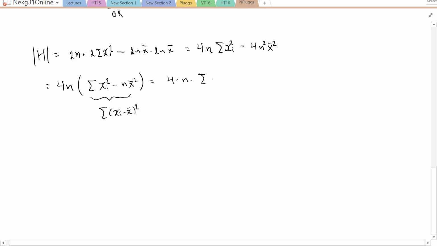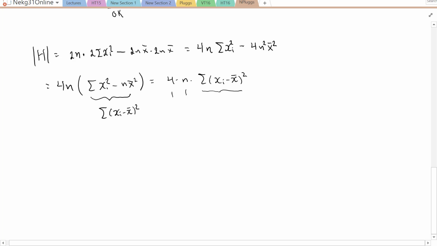So the whole thing is 4 times n times summation of (xi minus x bar) squared. If we look at this expression, we have a 4 which is positive, we have an n which must be strictly positive, and we have a sum of squares. Well, the terms inside the sum can never be negative because they're squared. So this sum must always be greater than or equal to 0. However, we have ruled out the possibility that it's equal to 0,